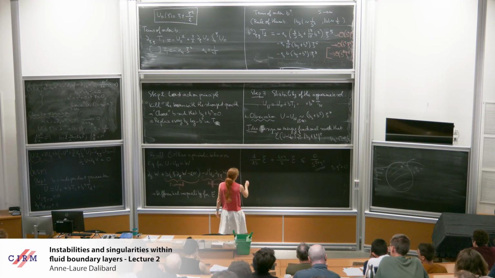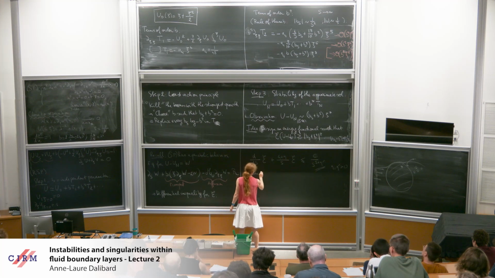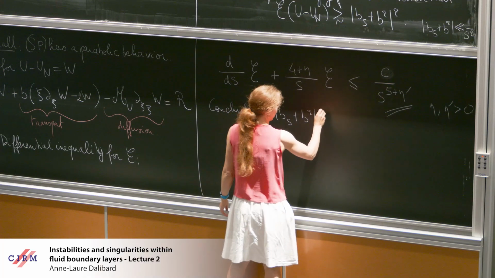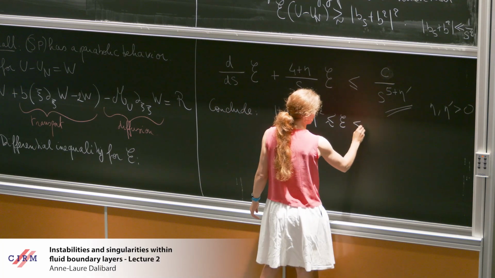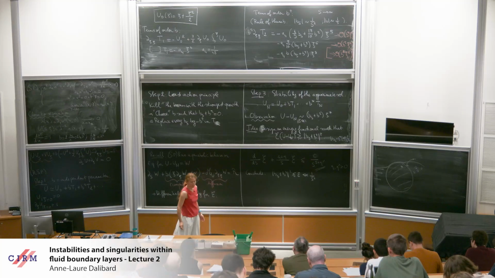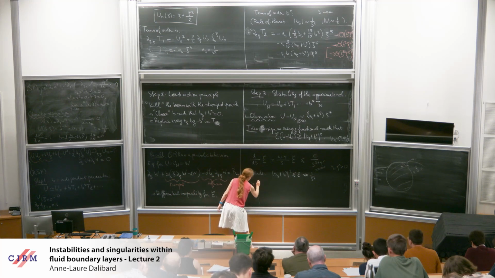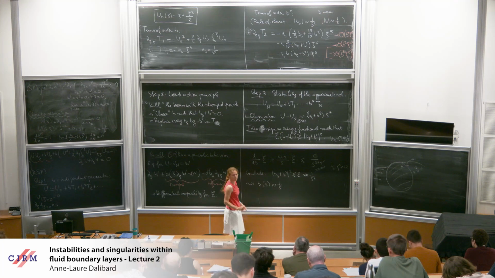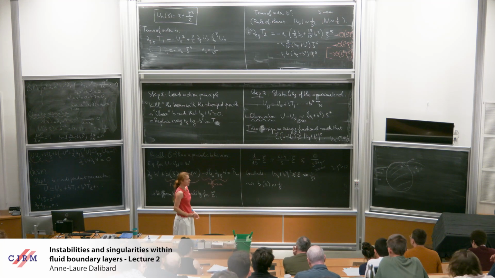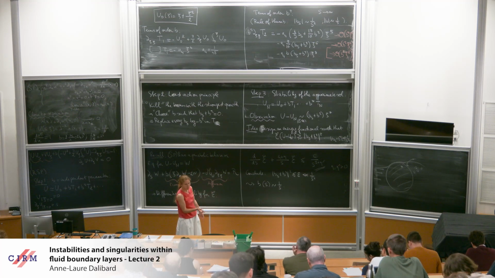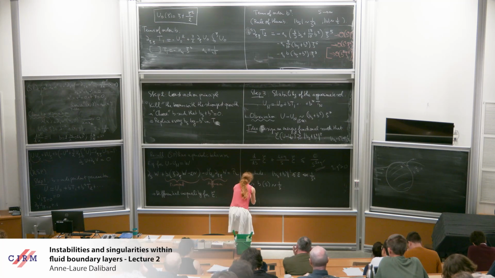And so you conclude that bs plus b squared is smaller than the energy, which is itself lower than s to the power 4. Okay? So in the end, this entails that b of s actually behaves like 1 over s. No, it's not really what they assumed. You get the same singularity in the end. And this is the very last step,